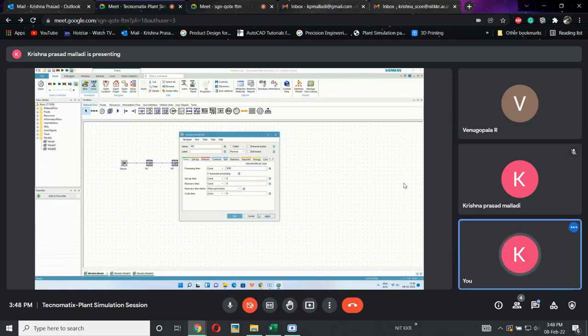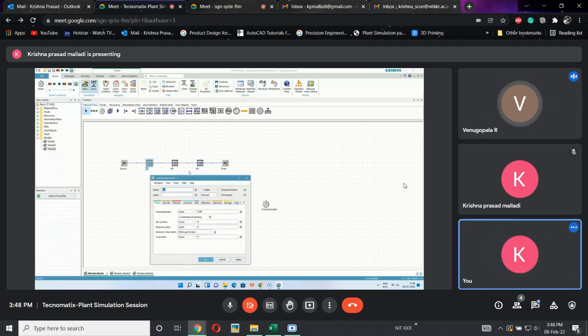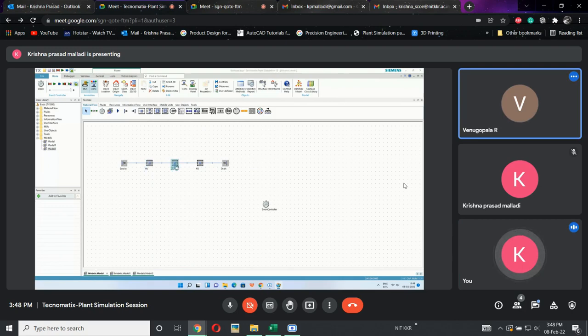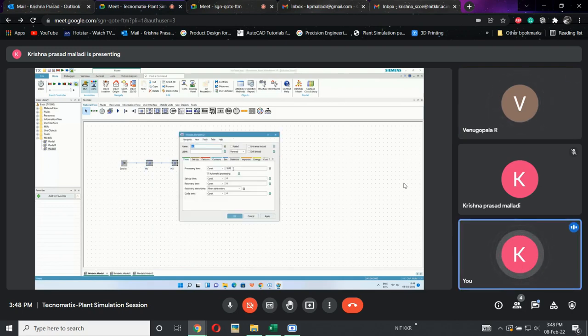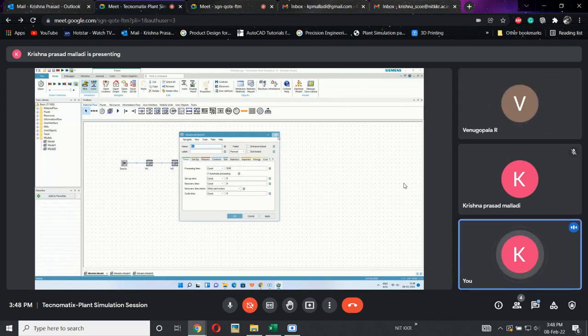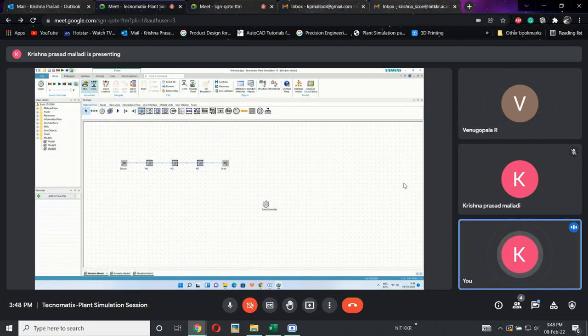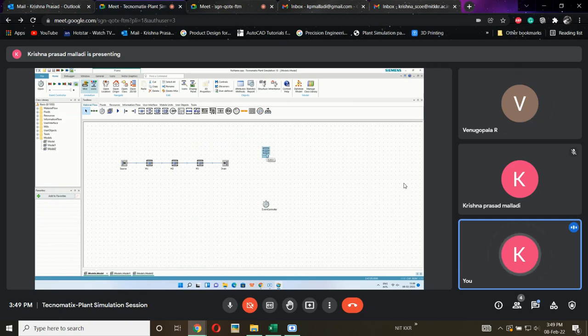I am saying, sir, I have defined three different processing times for the machines. M1 has 3 minutes, M2 has 1 minute, and M3 has 5 minutes of processing time. By default, if we click a machine, it has only 10 seconds. So if it is 10 seconds, then we collect those parts in 2 hours 47 minutes.